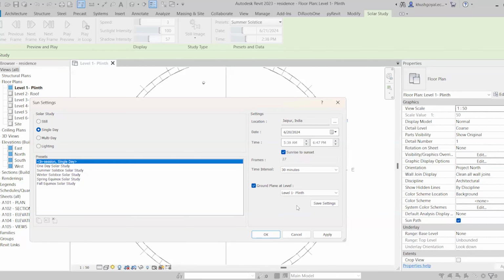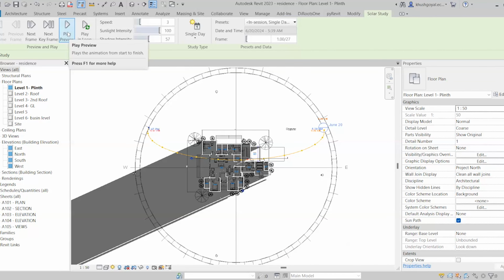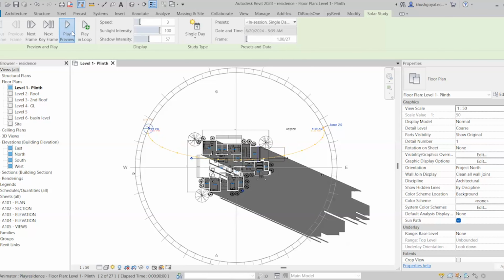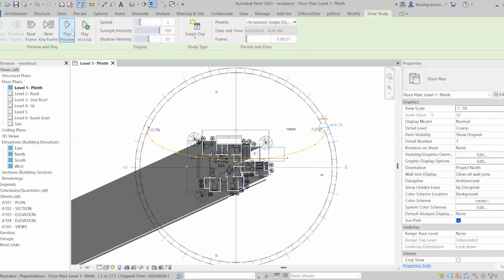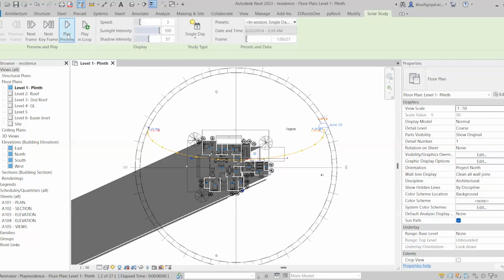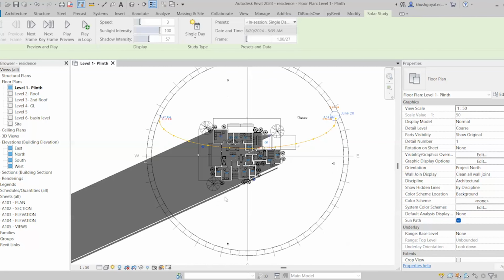Now I will click on apply and I'll click OK. So my solar analysis has been created. I can go to play preview and see how it has been made. Or if you want to save this recording, then you can